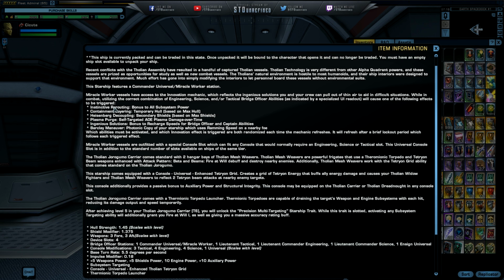Now, I do love these abilities, or at least they're not new abilities. They've been out for ages, and I currently use them in my Zenkethi Carrier, basically the same deal. And it's really good in combat. The only down part is that all of these effects are basically randomized, so you cannot select whatever effect is going to be next. I wish they